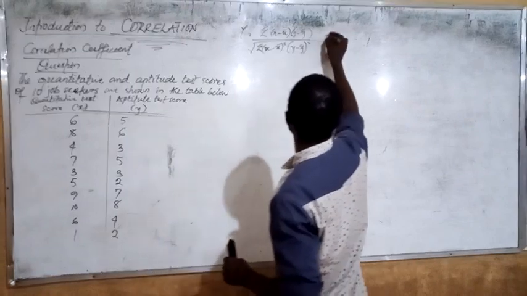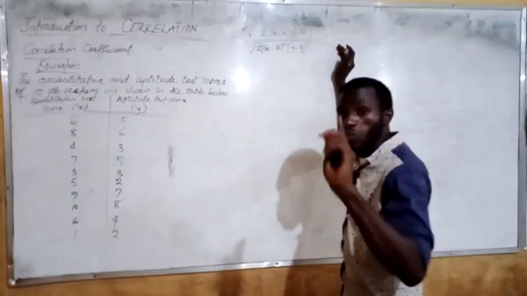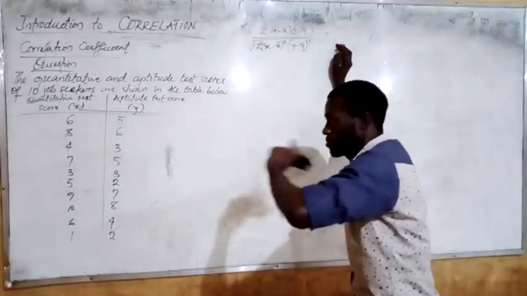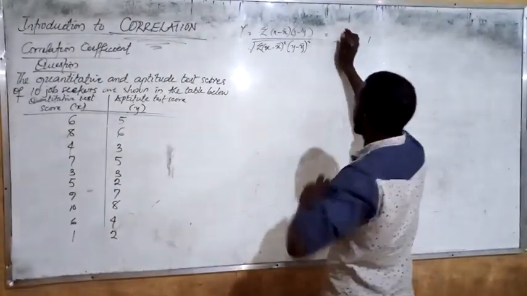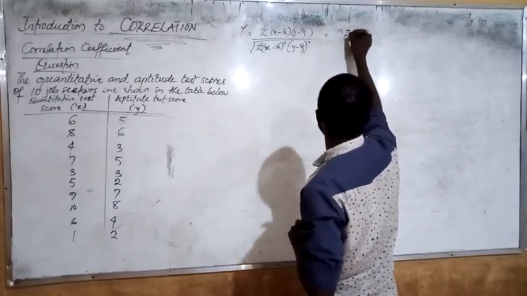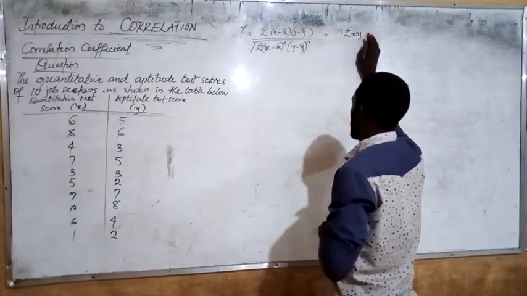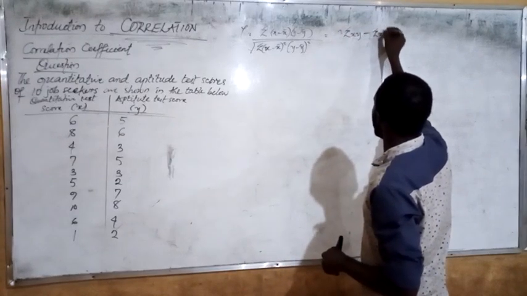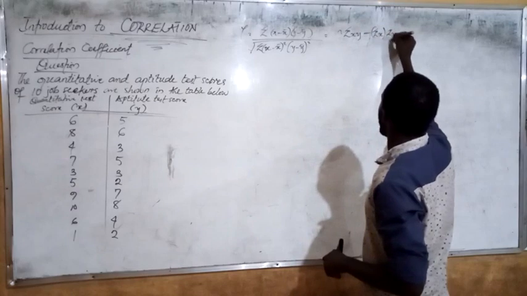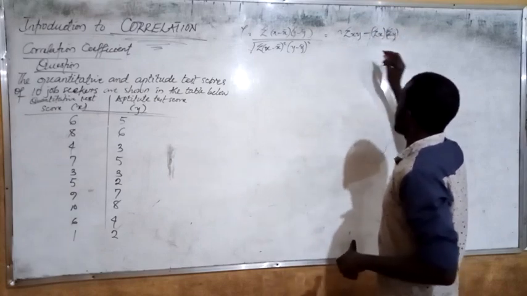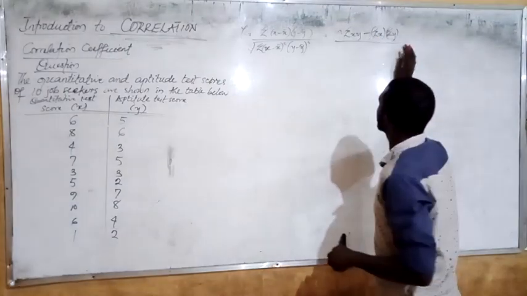And we said this formula is the same as, I'm going to be using the two formulas in this example, you can also use the formula summation xy minus summation x and summation y, all over